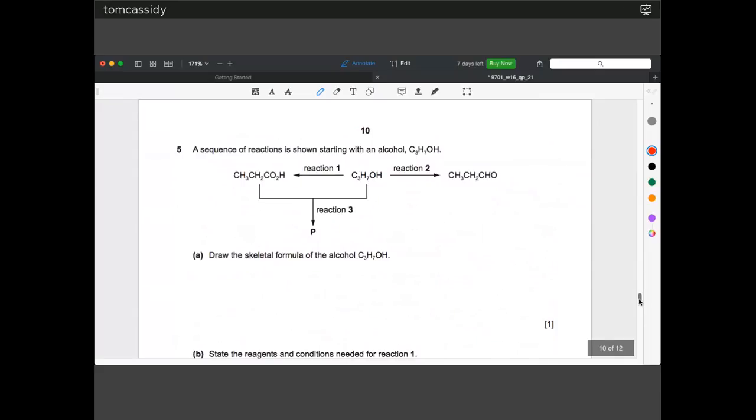Okay, we're looking at, I suppose, organic synthesis now. We've got some reactions here. We've got to draw a skeletal formula. These are our structural formulas. We had displayed formulas earlier on. A skeletal formula for this, well, the displayed formula would be